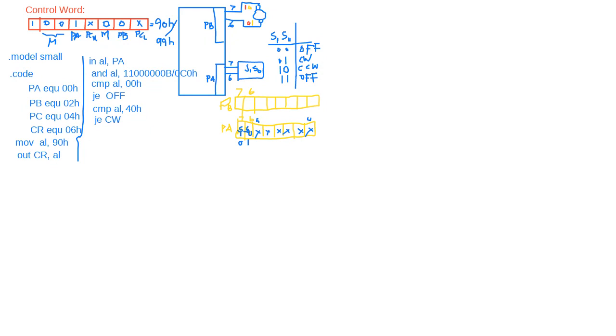Jump equal. If it is equal, then counterclockwise. There will be another subprogram. We will go there. And if it is not, then